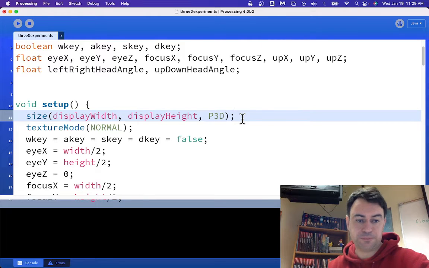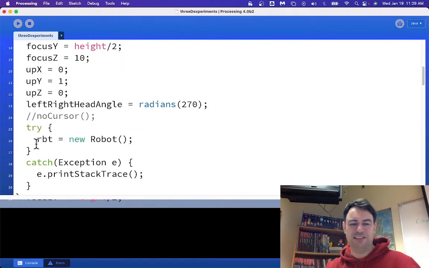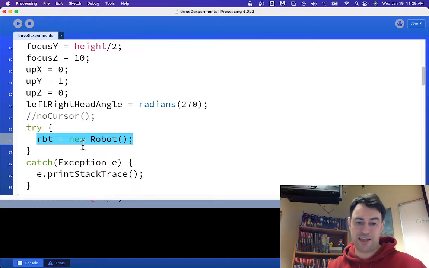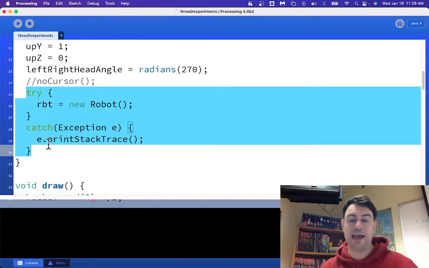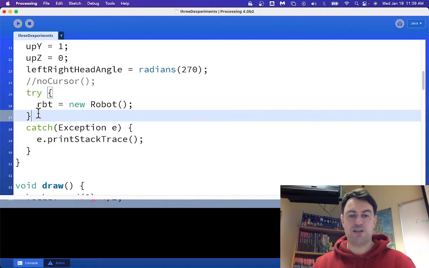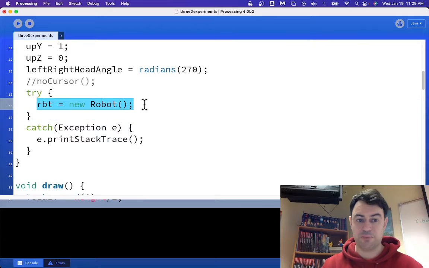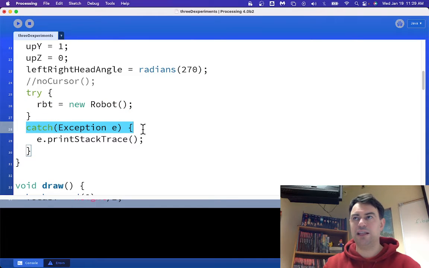reasonable controls. So the next thing to do is to instantiate your robot object. That's a pretty simple line of code, but notice it's in this new structure called a try-catch. It kind of looks like if-else. And the idea is that in a try-catch structure, you try something, and if it generates a runtime error, throws an exception, as they're called, then you can catch it, which is sort of like saying, instead of your program